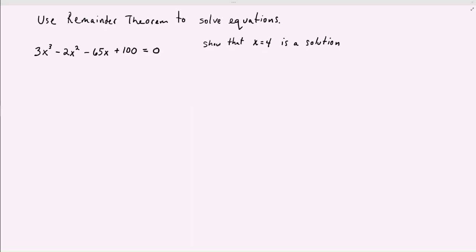Now we're going to look at how the remainder theorem can be used to solve an equation. So let's look at this one. This is a polynomial, and we want the solution when it equals 0. So remember that f of c is equal to the remainder